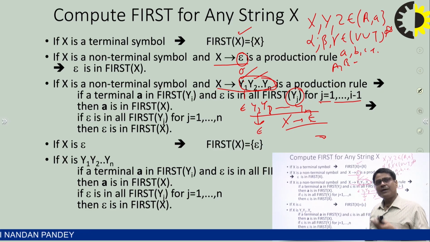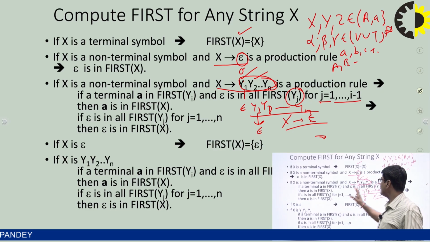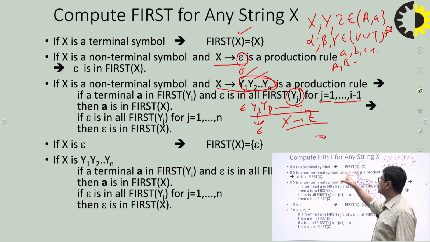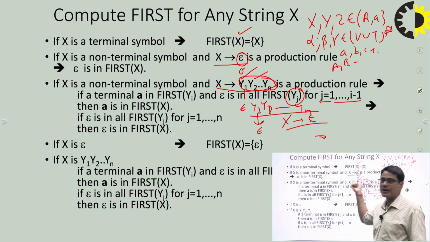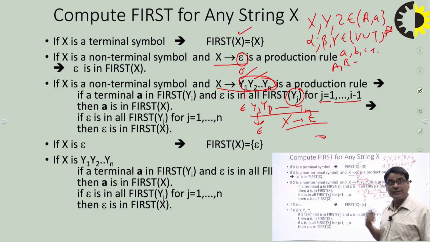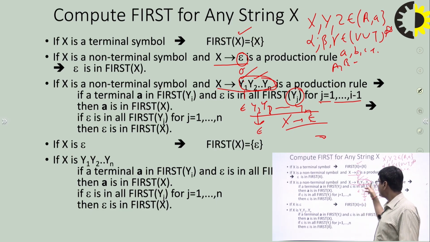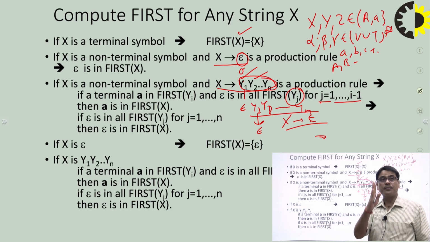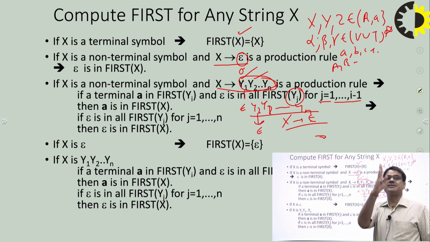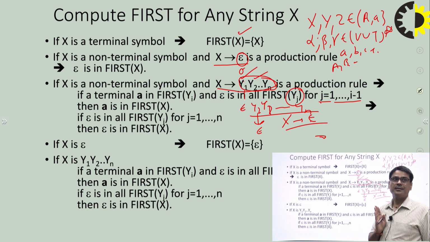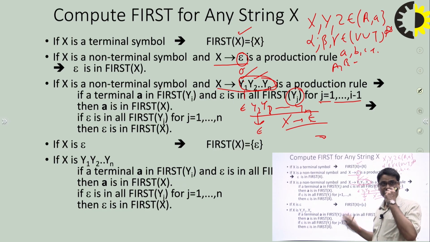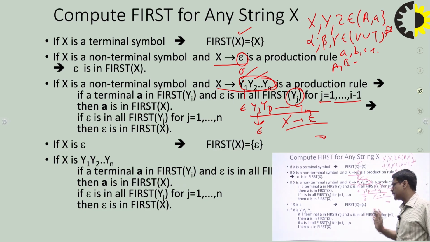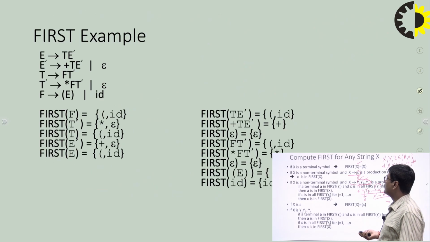Otherwise, the rule of first is very easy. But here you have to fundamentally understand, because rule 2 and rule 3 are the same. If all the right hand side derives epsilon, definitely you have to add that epsilon in the first of X. Otherwise, you cannot add. If a number of variables are there and any of the variables does not derive epsilon, the process will stop and the first process sticks to that particular variable. You cannot move further. So that is a very important rule. We will discuss it with examples also. So that is the third rule. So this is the rule for first.